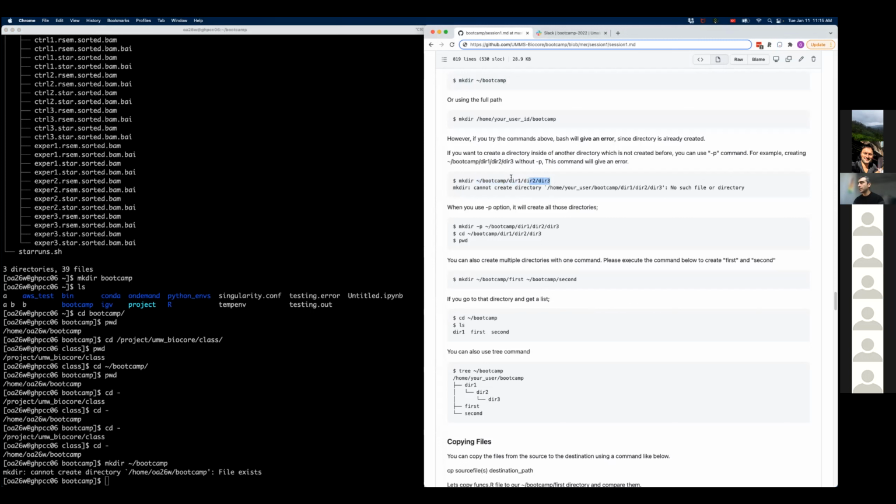It's not going to allow us, because mkdir by default only creates one directory, and if the path so far is not already there, it cannot create this one. At this point we have only the bootcamp directory, so we can only do a one-level creation. Please go ahead and try creating this nested directory.